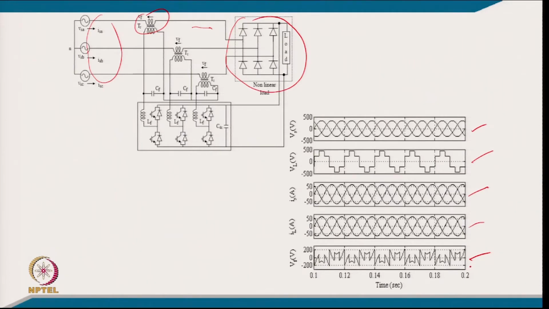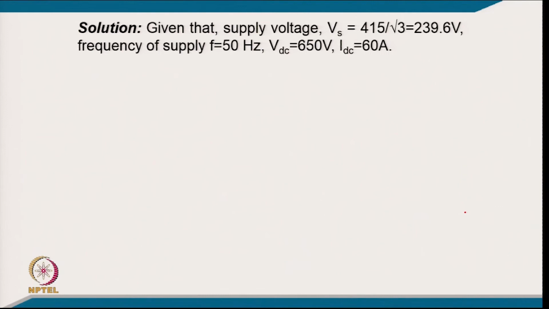So, this is the voltage which we have to inject by the series active filter, and it is capable of eliminating the harmonics in the supply current. Otherwise, if we do not have the series active filter in such a voltage-fed kind of load, the total harmonic distortion most of the time is more than 60%. So, we are able to reduce it from 60% to almost negligible THD, much less than 5% in this case. With this explanation, coming to the solution part of the numerical problem,